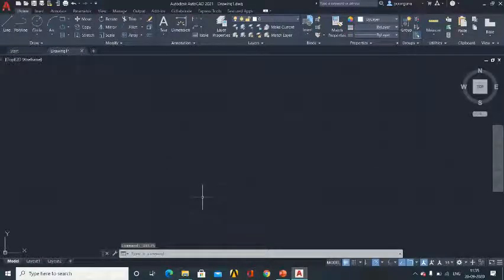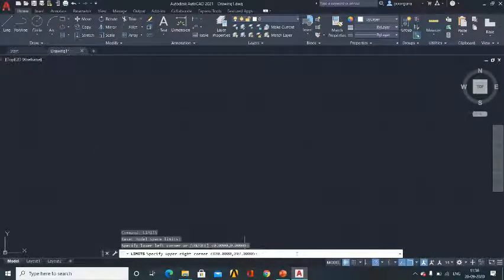This is to ensure that whatever diagram we are drawing, the unit is in millimeter. Next, you check limits. Type limits in the command bar and select that. It is asking for the lower left corner, so it is always 0, 0.